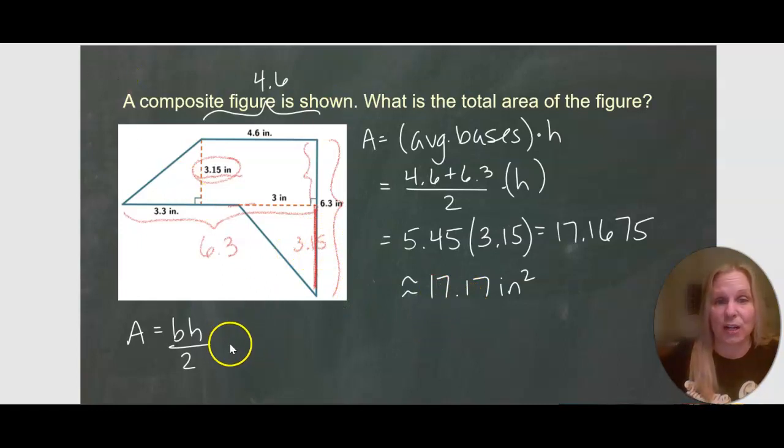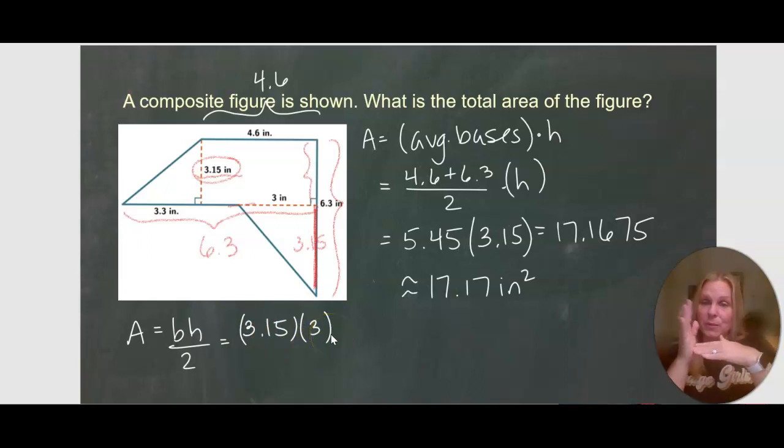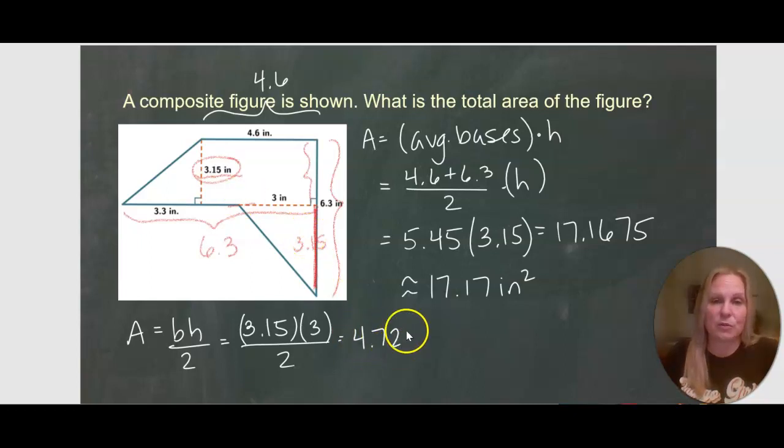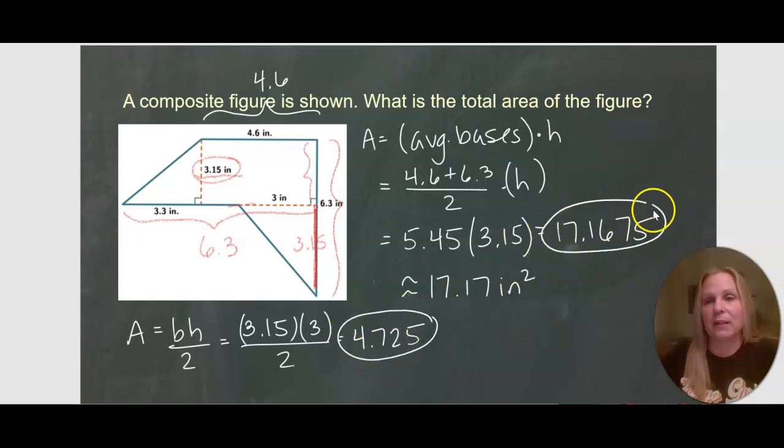So the base of my triangle is 3.15 times the height of my triangle, which is 3, because remember, they're always perpendicular to each other. And then I will divide that by 2. So that's 3.15 times 3 equals, divide by 2 equals, and I get 4.725. Now, if I take my two numbers before I rounded and add those together, so plus 17.1675 equals, I get a grand total of